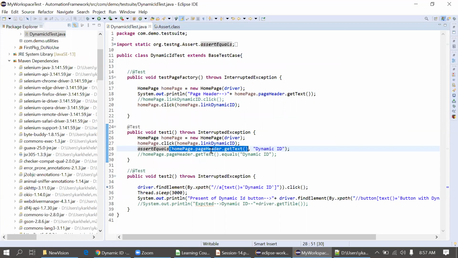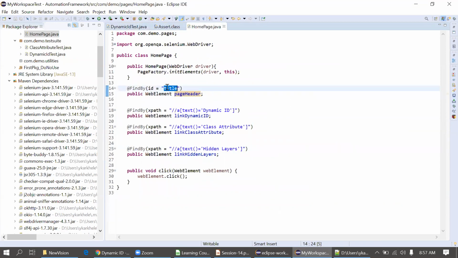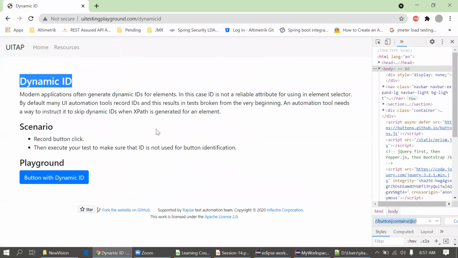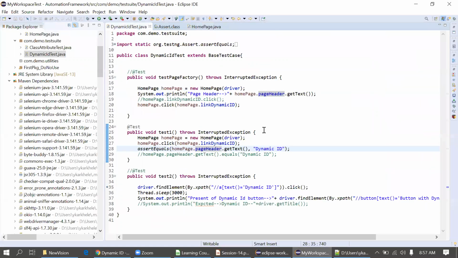We have passed the first parameter, which is the value we are getting from the UI for the page header. Now you can see I'm again going to this locator. This is a title. Let me go to the UI. It will look for that particular locator on the web element, fetch that particular text from the UI, and simply compare it with the expected text. If that is matching, then our test case is passed. Or are you not clear with this flow?